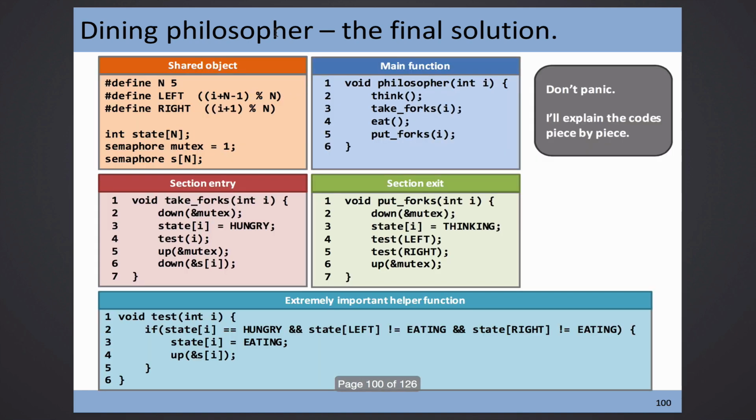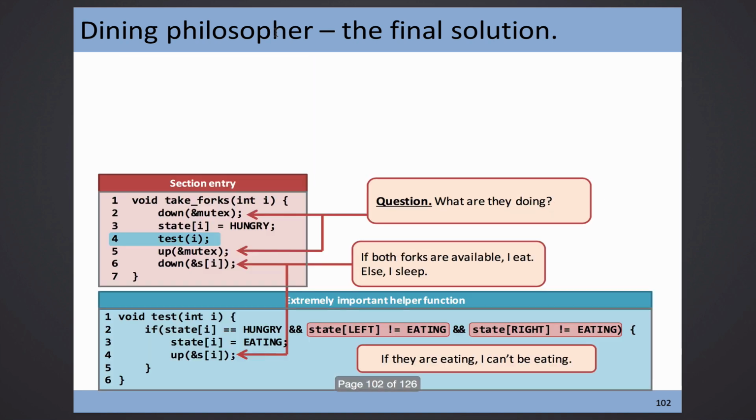So where can you find ID? It's here. The philosopher ID. So you can imagine that I can range from 0 to 4. Okay? Then this is the protection on line 2 over the entire code. And the entire code, why is protection needed? Take a look. I assess the state. So I need the protection starting from line 2 to line 5, to protect the whole range of code because I assess a shared variable